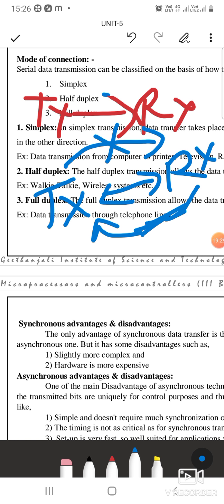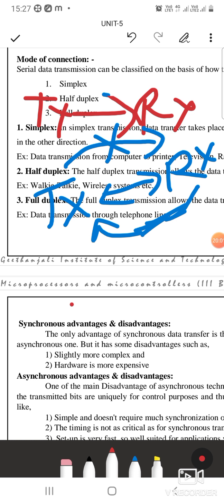Now, full duplex. When it comes to full duplex communication, two-way communication is possible. That is, you have two channels for transmitting and receiving from both ends. An example of full duplex is our mobile phone. We talk to the other person, and they can talk to us at the same time, right? That is full duplex communication. And a walkie talkie: one has to say it's over, then the other takes over. We know very well about that.